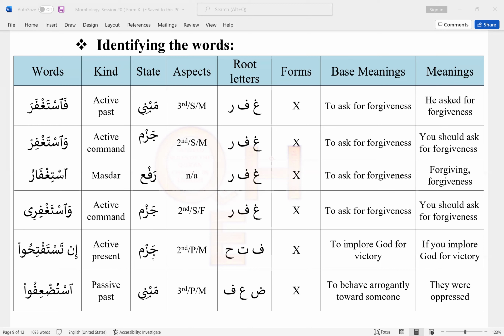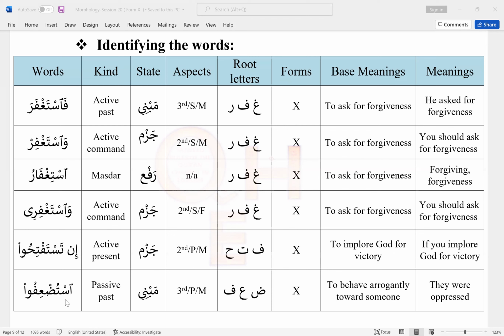The state is obviously jazm because this is a jazm particle. Root letters are fa, ta, ha, and we chose the meaning that goes with the context in the verse. You will see a lot of meanings, but we chose the meaning corresponding to the context of the verse. In this case, we chose to implore God for victory. The word if will come in the meaning because in means if. If you implore God for victory. Next one,